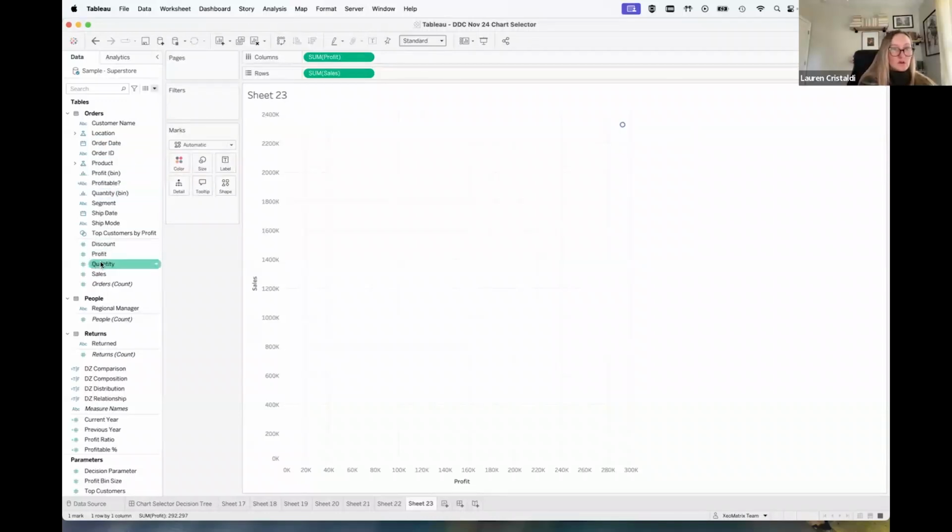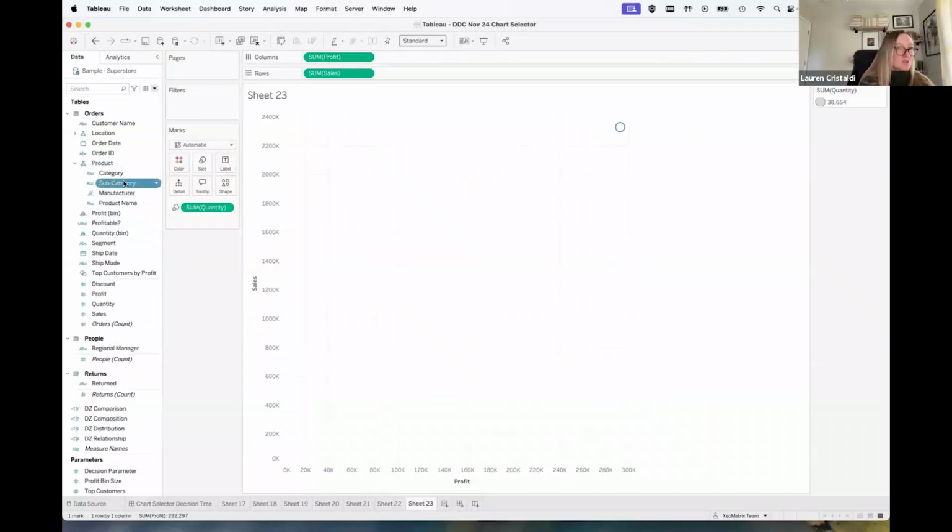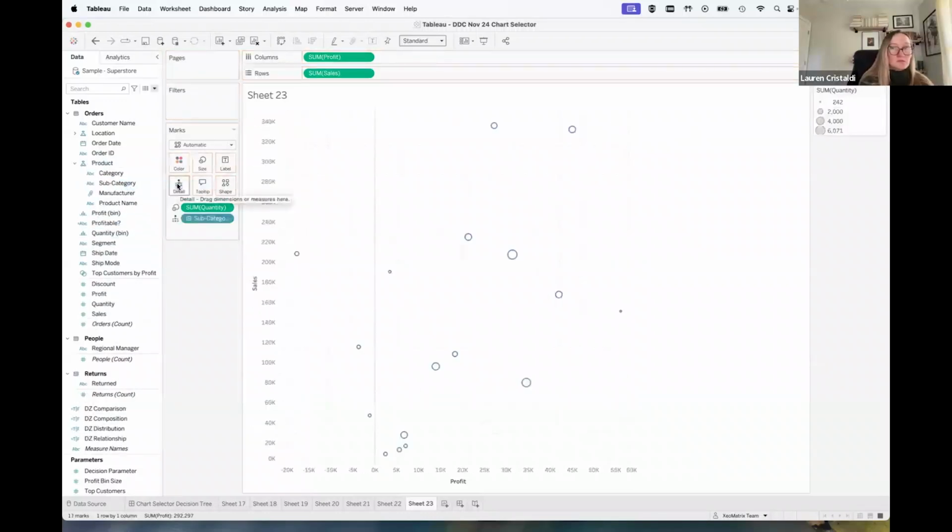So if I say I want quantity to be the size, then I want to look at this on the subcategory level. So we'll add in subcategory, then we can add in subcategory again to color. Or you could even add in category onto color. And then we have only these three.